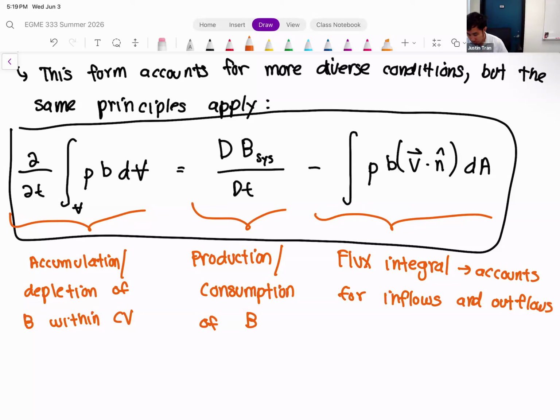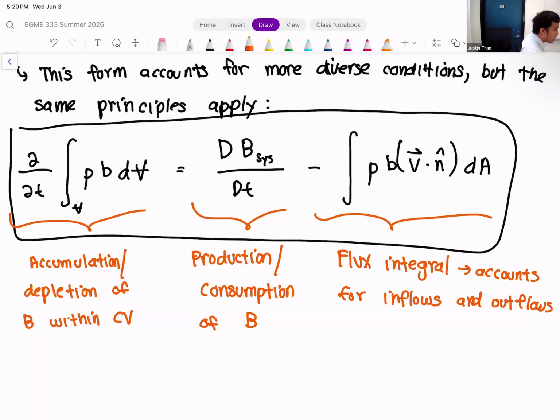Okay. So anytime you have a quantity that's either entering or leaving a control volume, in general, we call that a flux. Okay. So mathematically, we can put it into a single integral, and we call that the flux